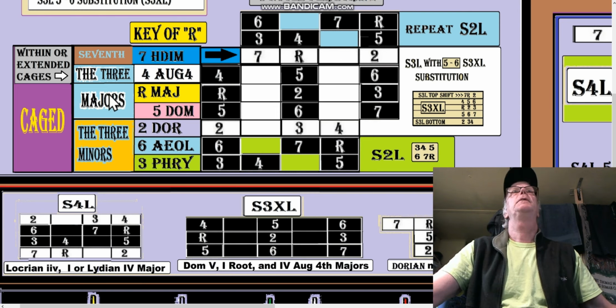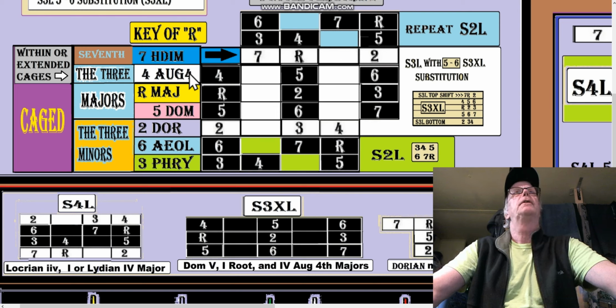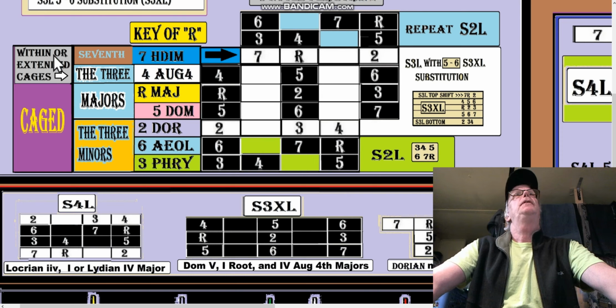So here's the 3 majors right here. This is a change I made to this yesterday, and the 3 minors here. I hadn't grouped these little boxes. So 7th half diminished is up here. Now part of the Lydian fourth, or the augmented fourth, is part of the group that is also considered a subset,